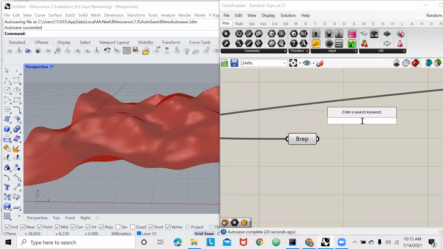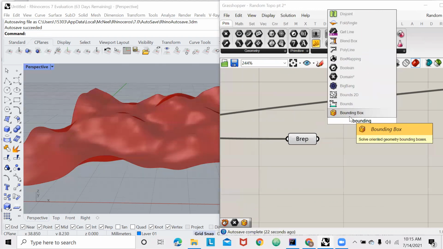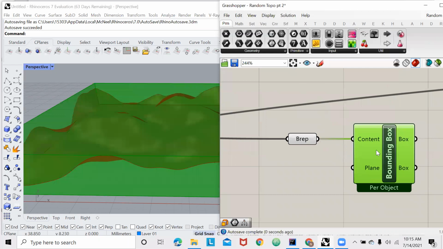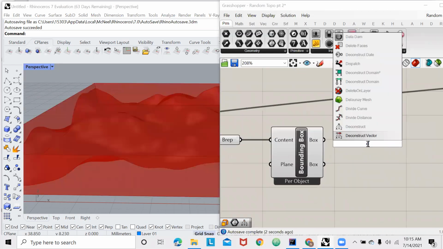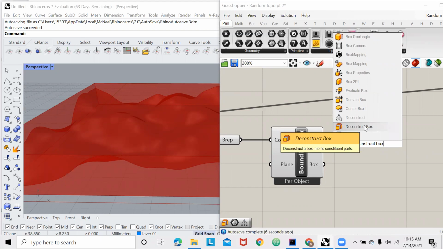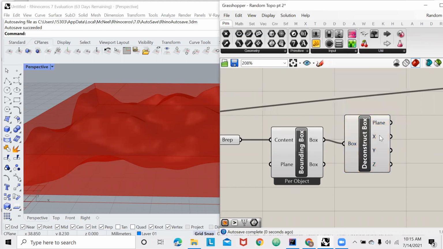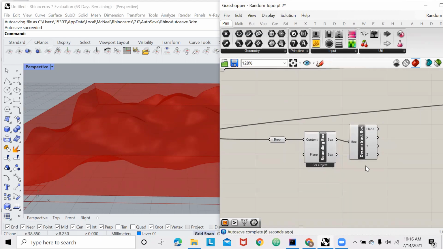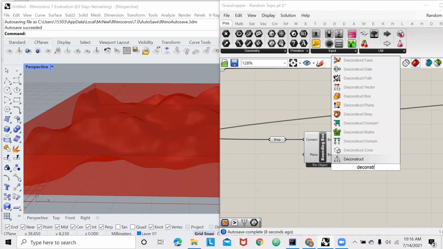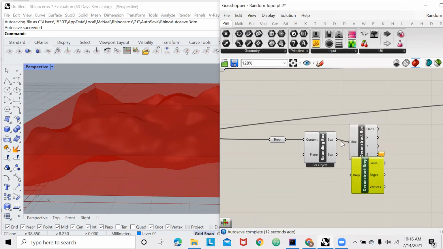First thing we want to do is add a bounding box, and then we'll deconstruct that box. Only thing is, we don't want to deconstruct this box and treat it as a box, because we want to find the edges of the box. Deconstructing it as a box only gives us the domain that this box takes up. But if we deconstruct this box but treating it as a Rep or a polysurface, then we can find all